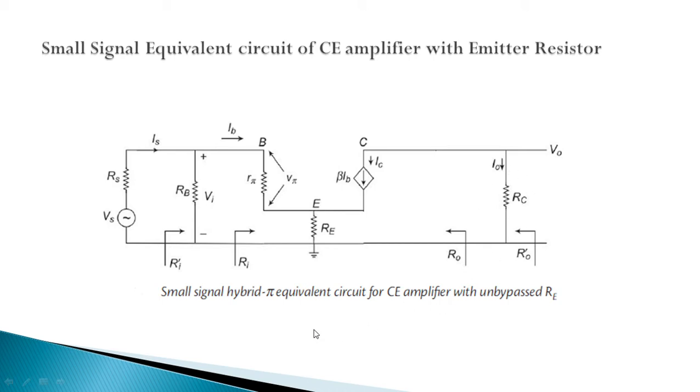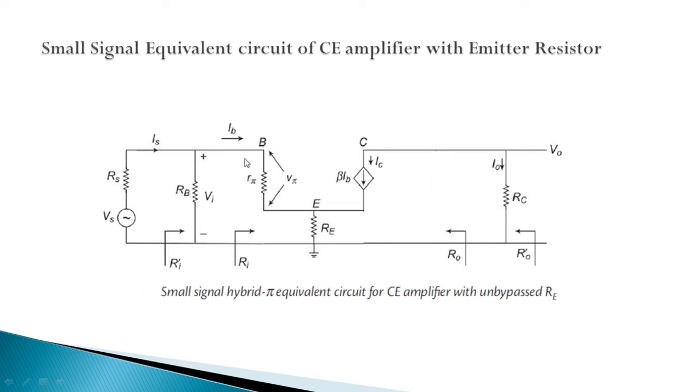Okay, now let us see the analysis part of the common emitter. First we find the overall input resistance of the common emitter amplifier circuit. So first we must find Ri dash, which is the resistance present in this part and is given by Ri. The resistance present here is Rb. So we can simply write Ri dash is equal to Rb parallel with Ri.